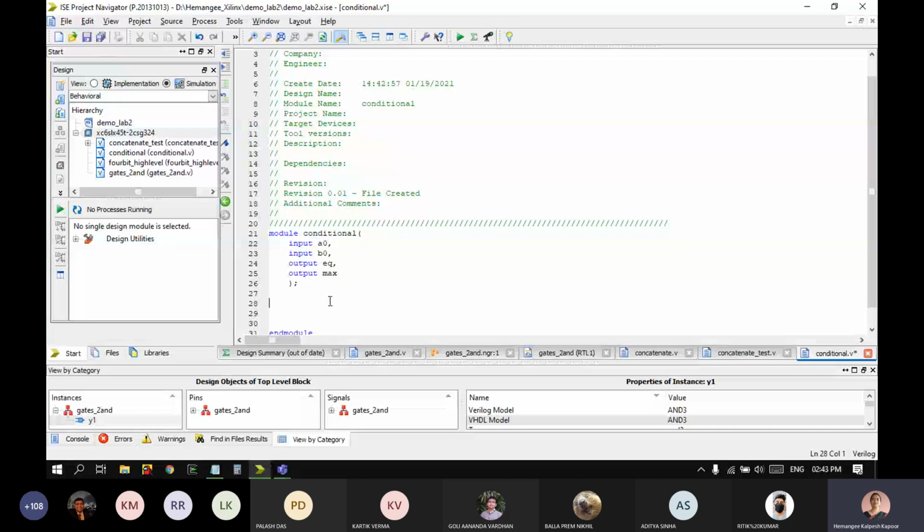All right, so here I am saying assign. We will do the equality first. EQ equal to. Okay, so when will EQ be 1? EQ will be 1 if A0 is 0 and B0 is 0. Correct? Tilde A0 and tilde B0. If both of them are 0, then your output has... it is lagging. Okay.